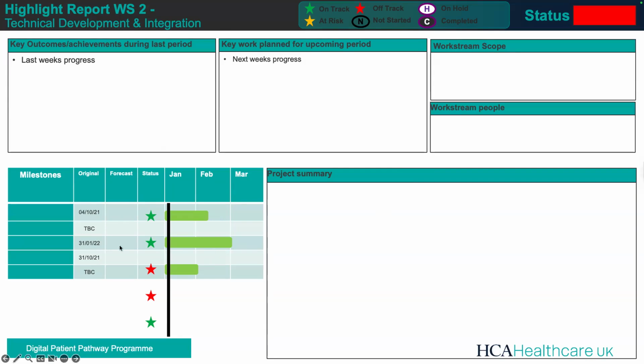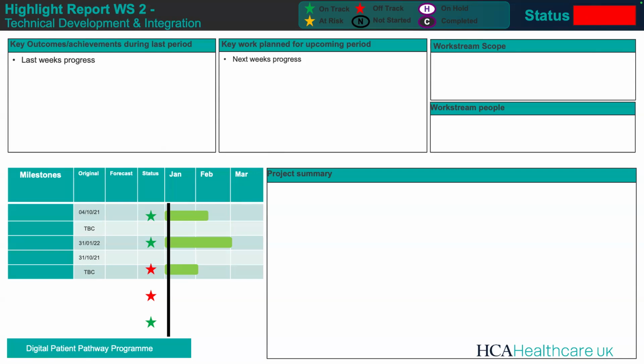And then again, you see here, this is another roadmap, or just a smaller version of it. But you can see they've just put it into months. You've got the original, you've got the forecast, you've got the status of the activities or deliverables, January, February, March. It's just capturing 3 months, right? Most important part as well is this top right here, which shows you status. Now that is showing you the status of the project. Now this one is red, meaning, oh, it's in danger, there are issues, it's at risk.